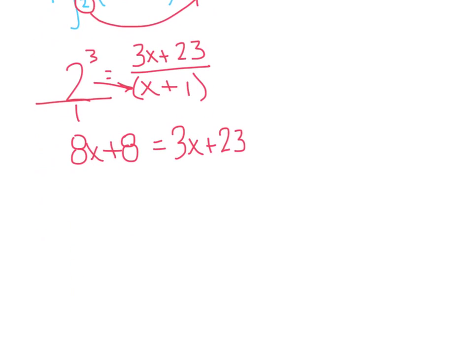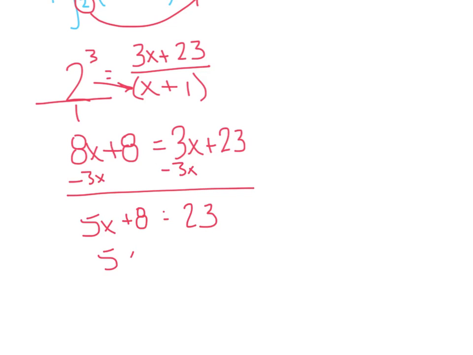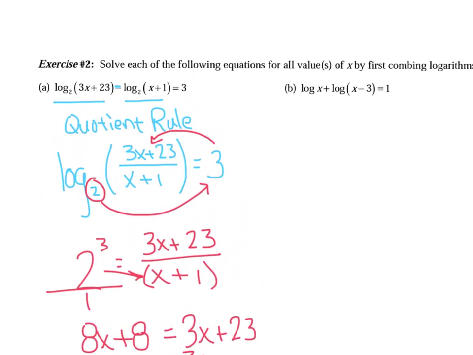And what's that going to give us? Let's see, subtract 3x from both sides. That'll give me 5x plus 8 equals 23. Subtract the 8 over, that'll give me 15. X equals 3. And I'm just going to go back up here and make sure that 3 works with the